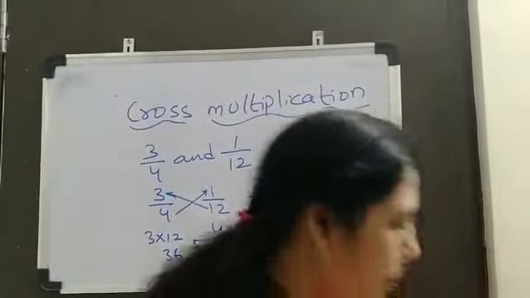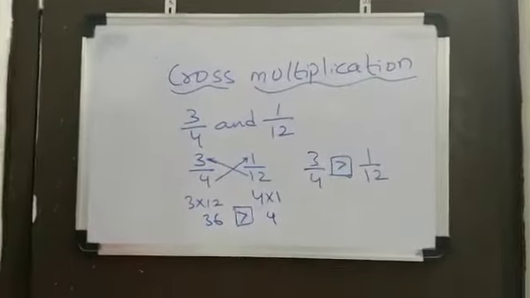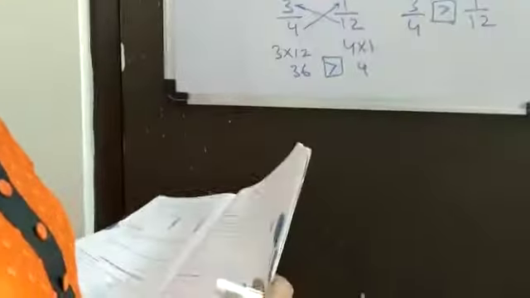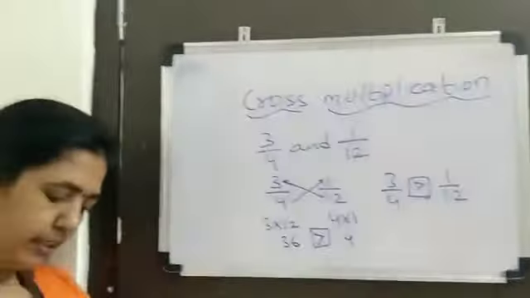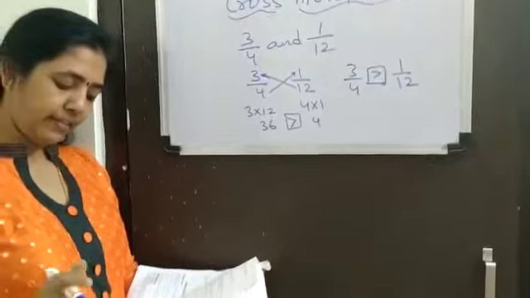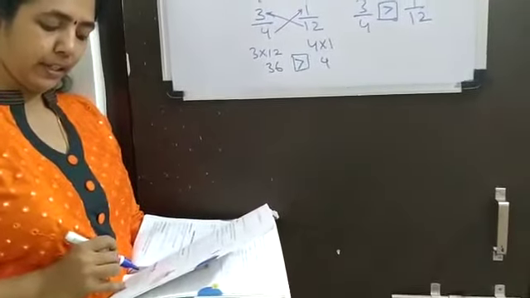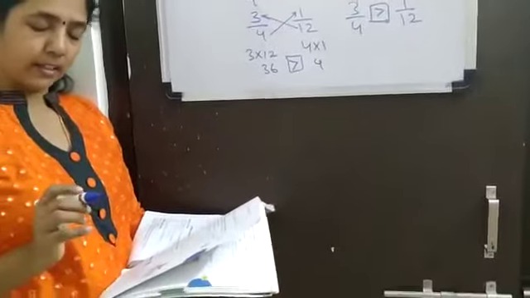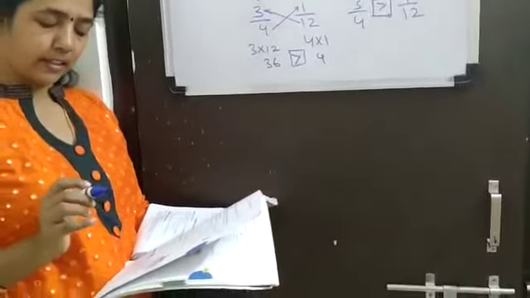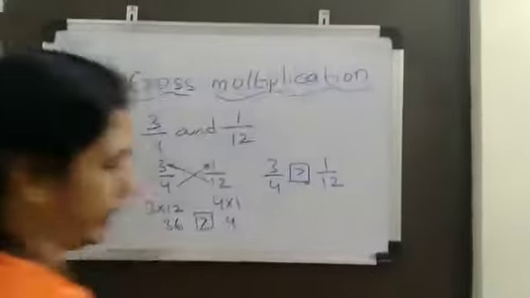Okay, now in page number 155 we have a checkpoint. That checkpoint has to be done by you. In that checkpoint, in the a bit you write the fractions in ascending order, and in the b bit you write the fractions in descending order. In the a bit, 1 and 2 are very easy, you have to do both. I'll do the third one in the a bit and the third one in the b bit. Those are the fractions for comparing.